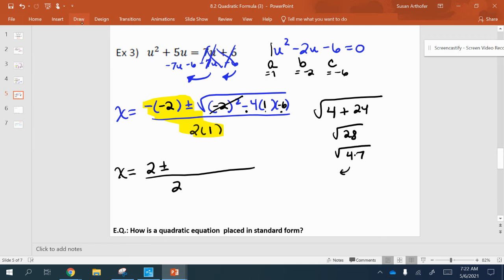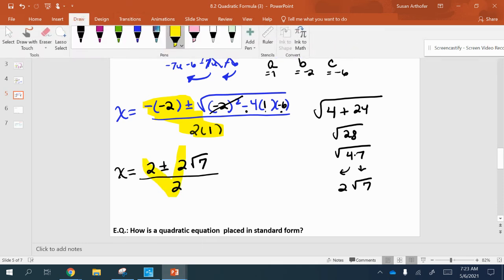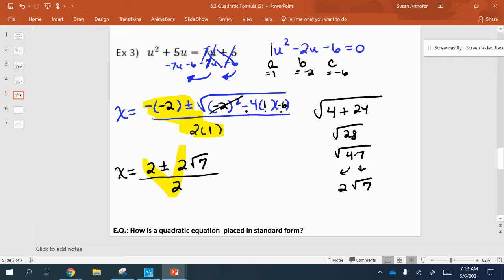So who's out and who's in? So 2's out, rad 7 is in. And this one you can easily see that we're going to be reducing. Remember, you have to have a number in each spot on the outside, and we do. So you can divide by 2's. This would become a 1. This is a 1. This is a 1. Our final answer would be 1